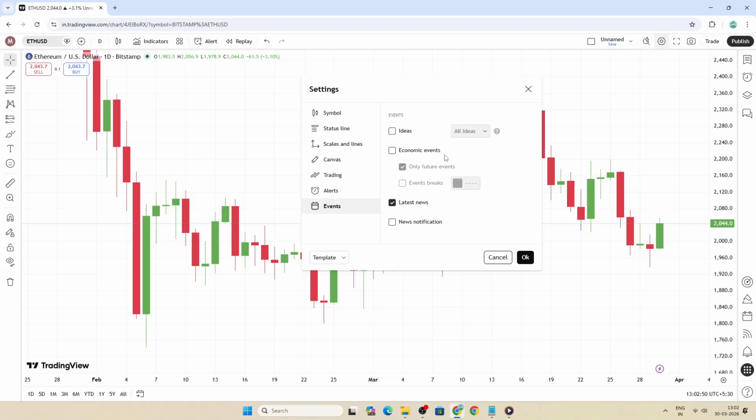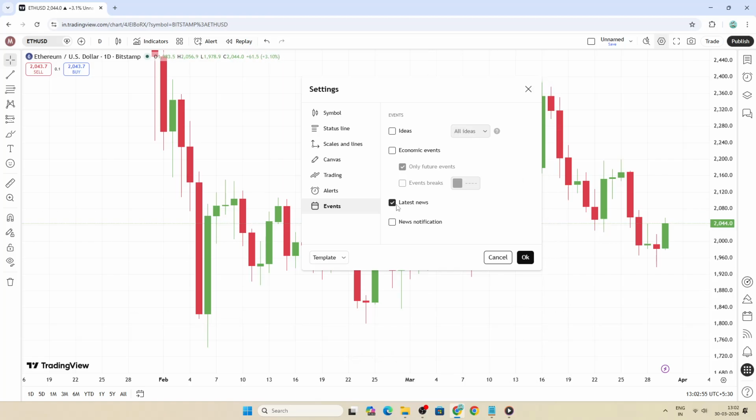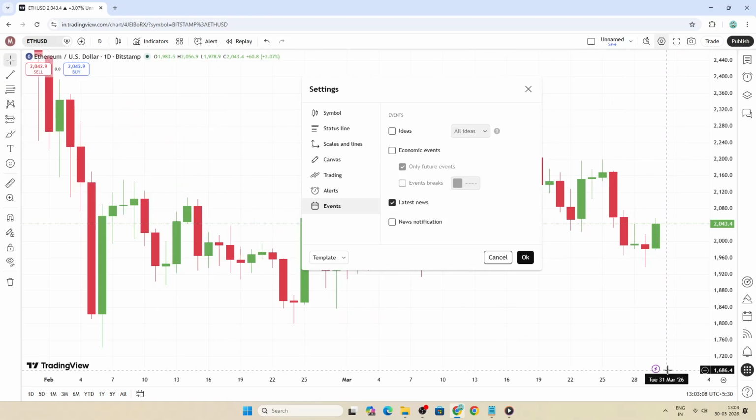Now, let's manage news, which covers headline updates. To display these, check the box for latest news, or in some interfaces, the option labeled News Update Notification on chart. Enabling this shows timely headline cues related to the asset you are viewing, helping you connect sudden price moves